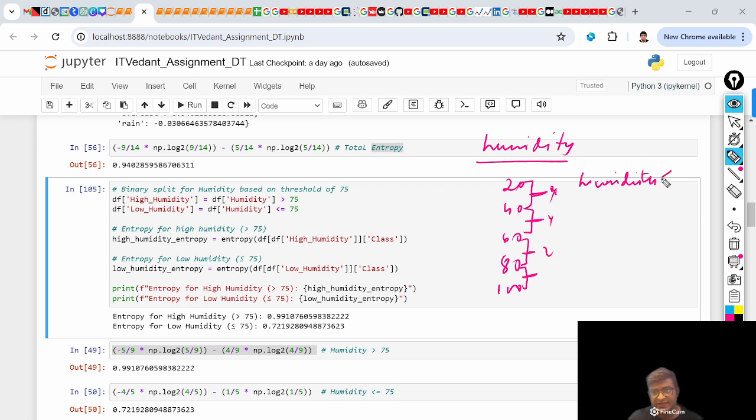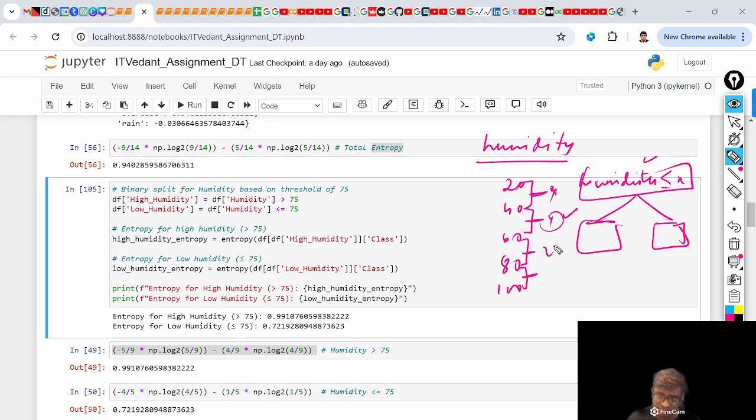It will take less than that value as a root node and try to compute the entropy and the information gain for each of these criteria. Once for this, once for this, once for this. Okay. Since it is computationally pretty expensive, for simplicity of this session, what we have done